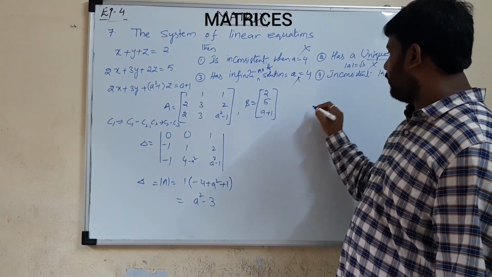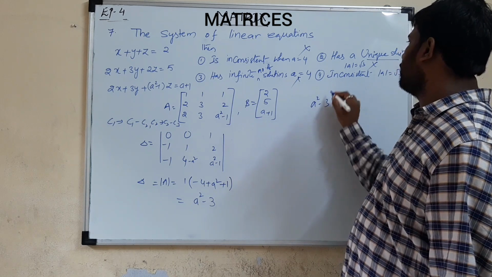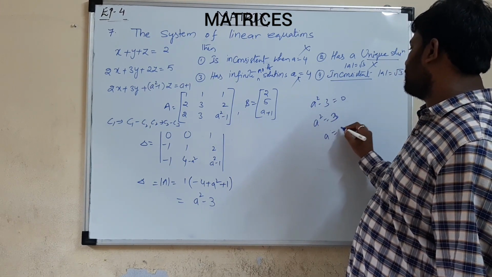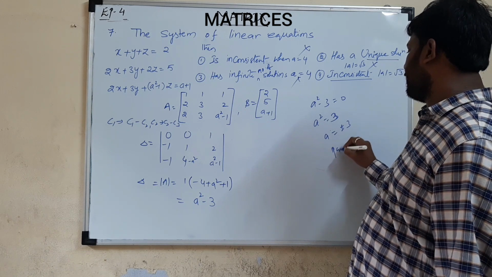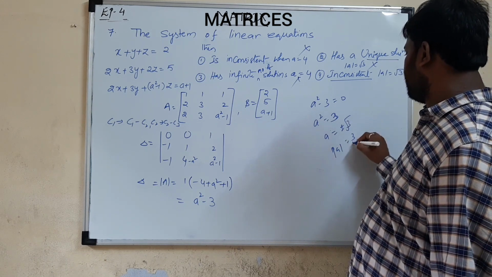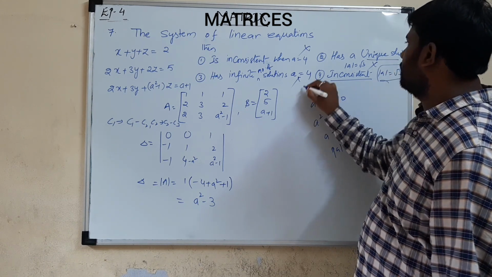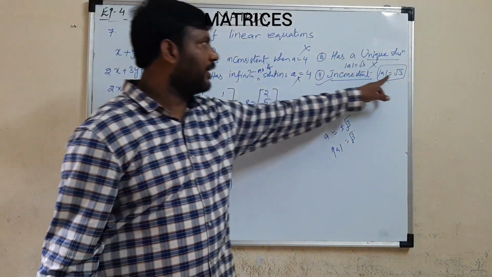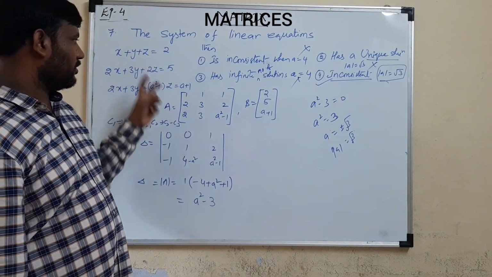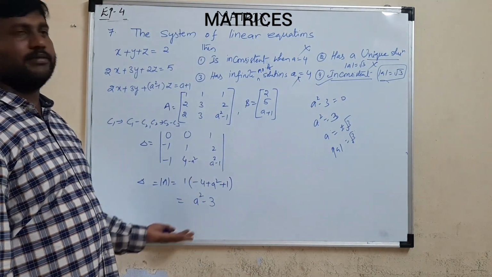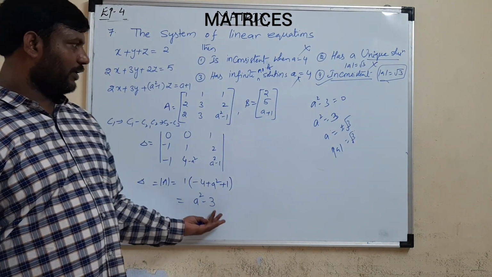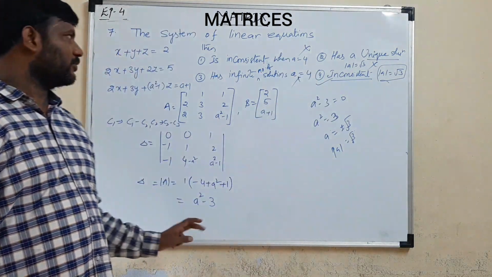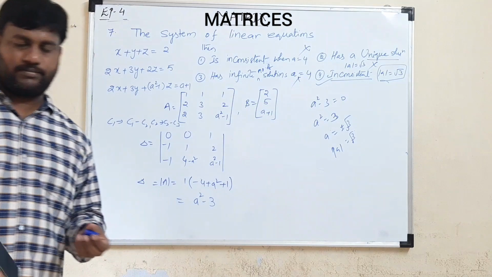Now option 4, suppose I put this equal to 0, that means inconsistent. I get a is equal to plus or minus root 3. So the fourth option, it is inconsistent when delta equals root 3. So simply you can find delta here, that is the coefficient matrix determinant only. Based on that you check the options to get the answer, right? Okay students, very simple. Note down.